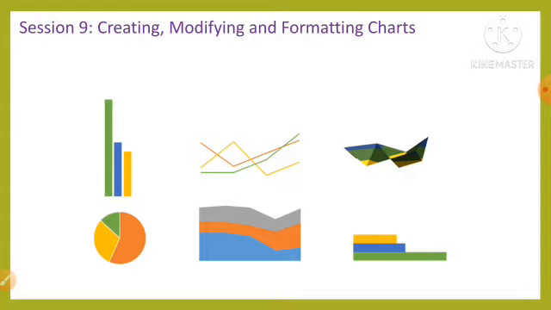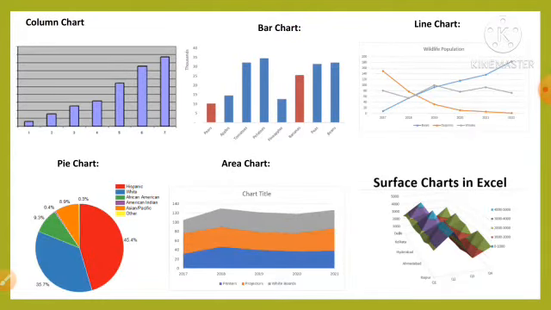Microsoft Excel provides various options that allow us to change the appearance of a chart by adding elements such as chart title, axis title and a legend. Okay. So now we will understand the chart types. We can select a chart type depending on the data we want to represent as a chart. Microsoft Excel provides us various types of charts to represent our data. The different types of charts used in Excel are given in this slide.